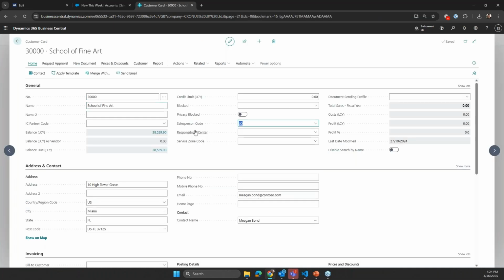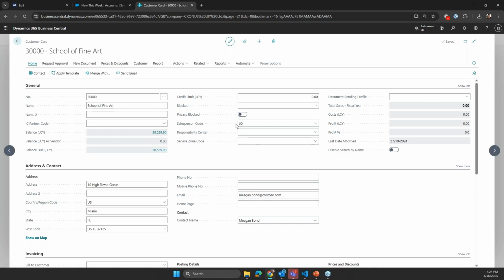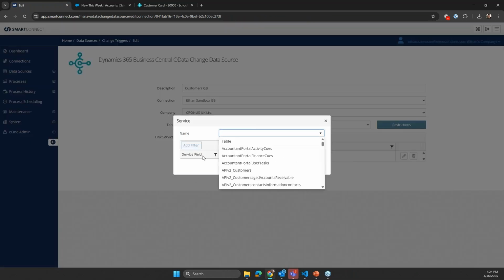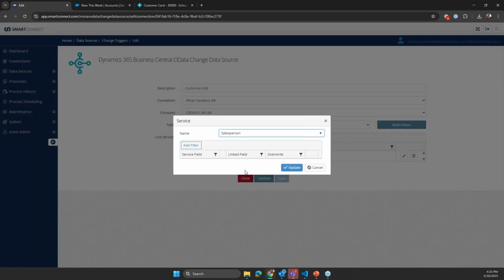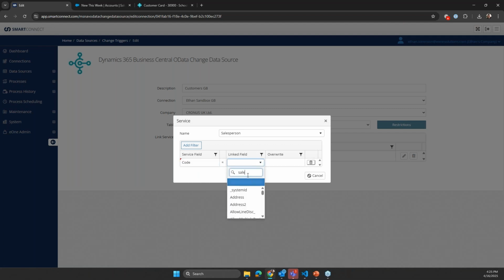you're going to get the salesperson code of Joe. And maybe my CRM system doesn't know the salesperson as Joe, it knows them as Jim Olive, or it knows them by Jim Olive's email address. So I want to pull data out of that related table by adding a linked service. So I'm going to say after you pull the customer, then pull the salesperson,